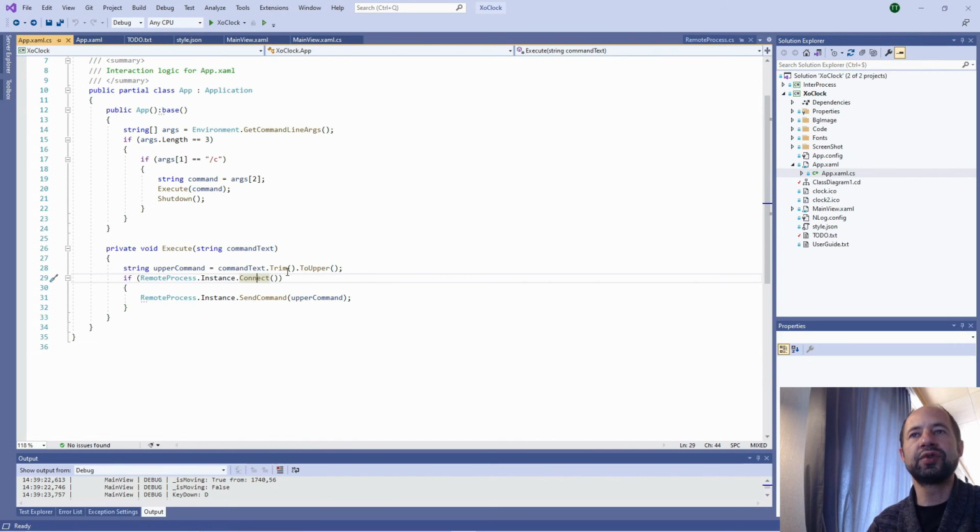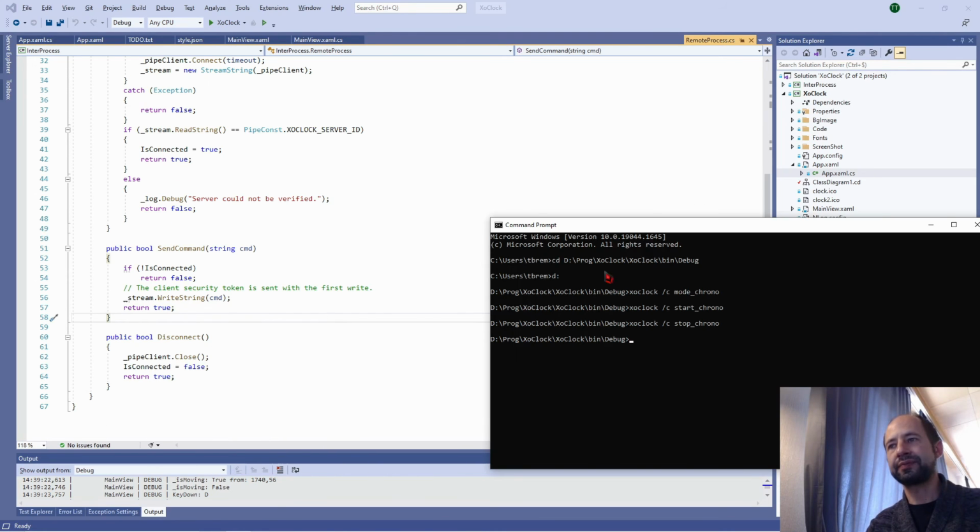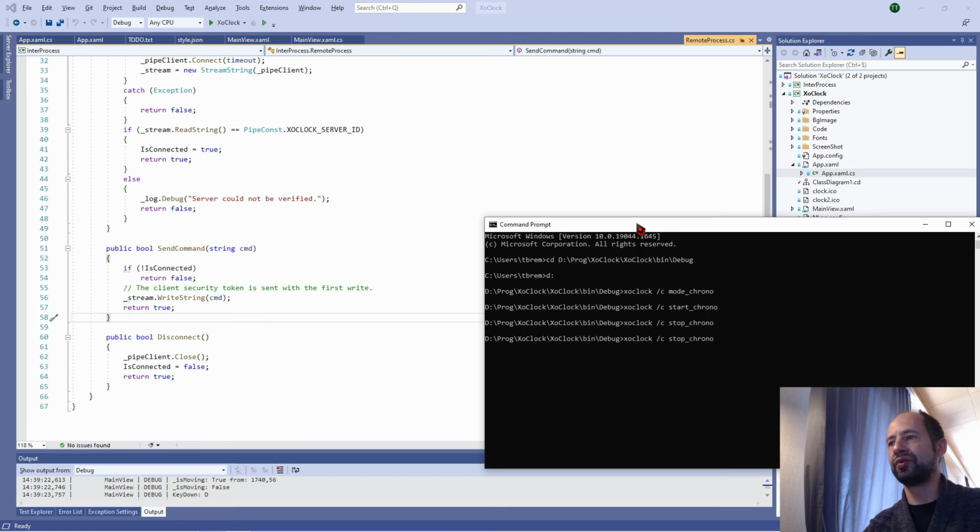Then I send a command, and the command is sent on the stream. So this is the way the consumer is sending data. Technically, when I am doing this C stop chrono, I am writing this stop chrono message to a pipe.